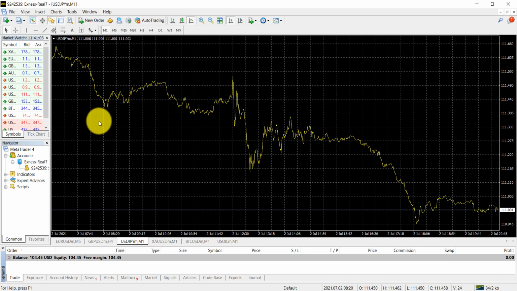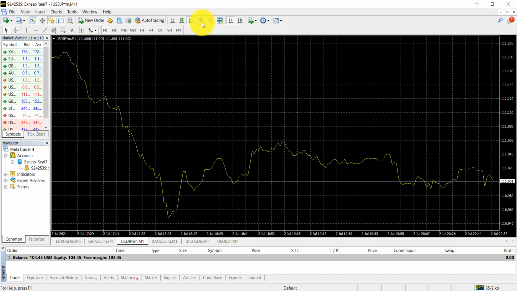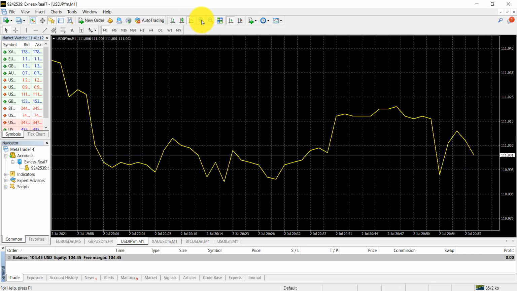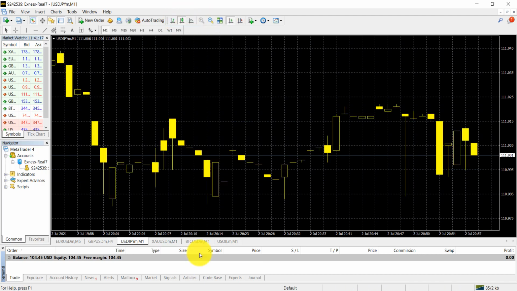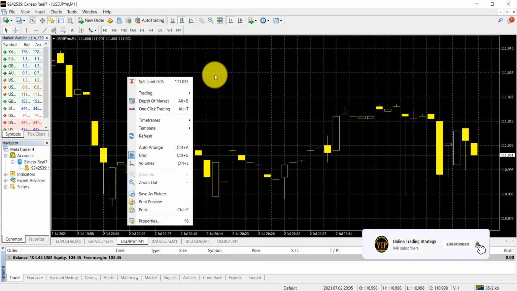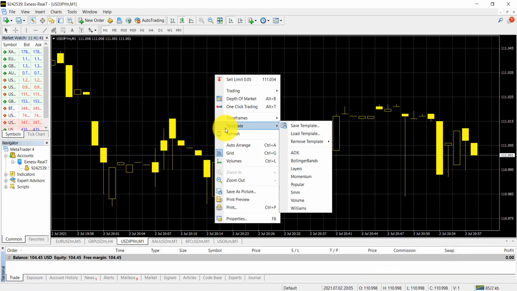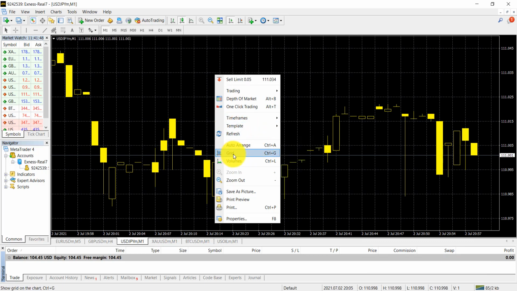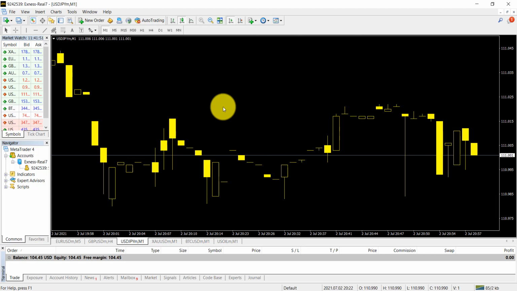From here, how to customize, how to check the view. If you click this option, this will be the last option. You can click from here, this is the zoom button. From here you just select the candlestick. This is the candlestick. Then click this option to go to the last market position. After that you click the right mouse button. After that from here you just click this option, then you can find this option. This looks good.